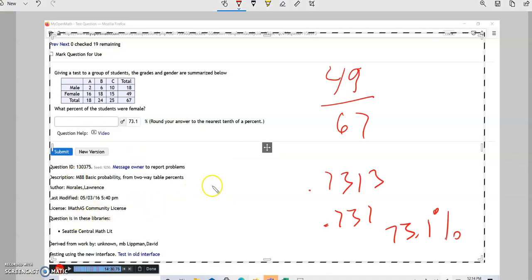Okay, it's real important that you pay attention to what they want for answers. This one is rounding to the nearest 1/10 of a percent, okay? So basically, how many students were females? You get 49 out of 67, okay? And this is your answer on your calculator, okay? And there's more, but these don't matter. Okay, so that means you're going to round this one because we want to round it to the nearest 1/10 of a percent. So we round that number